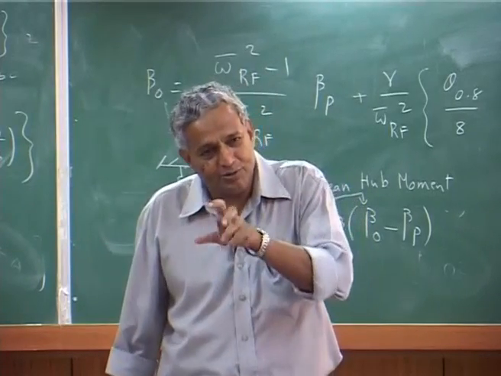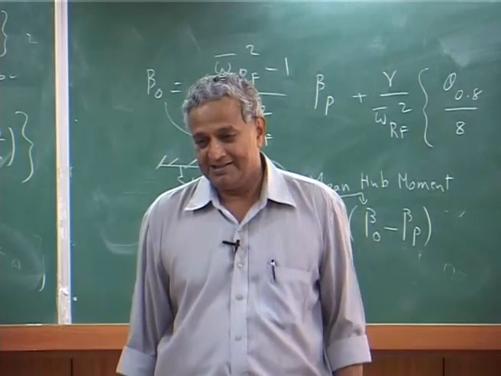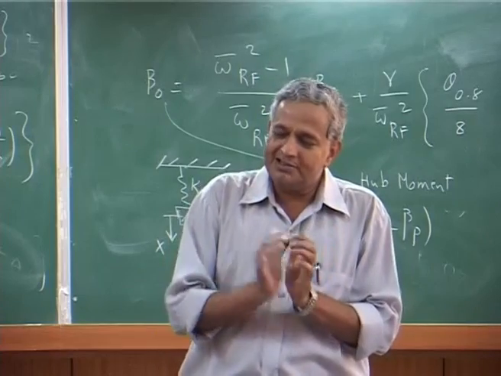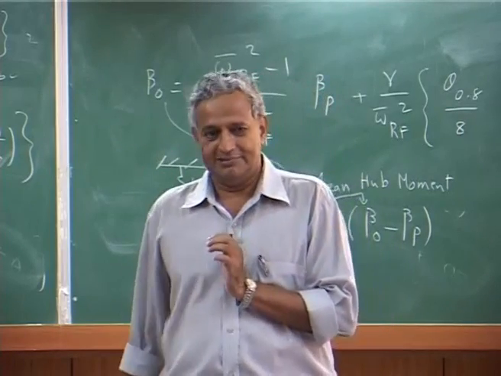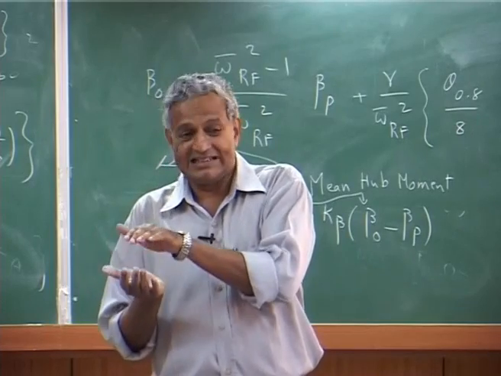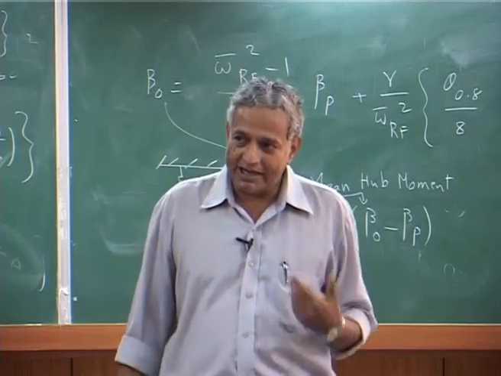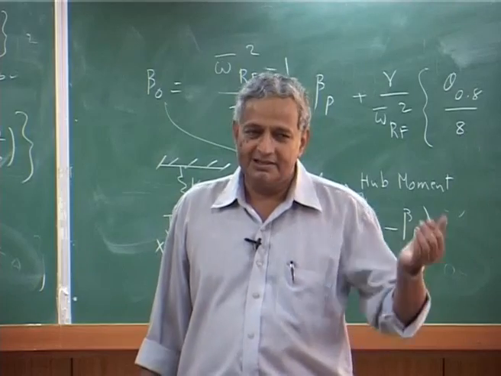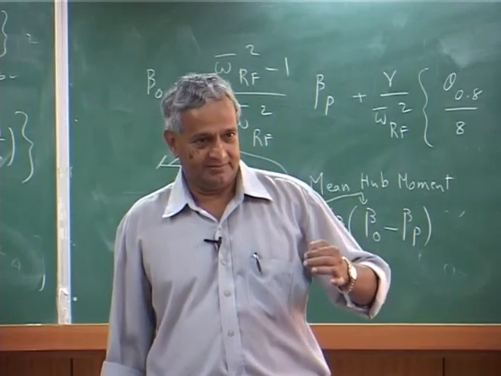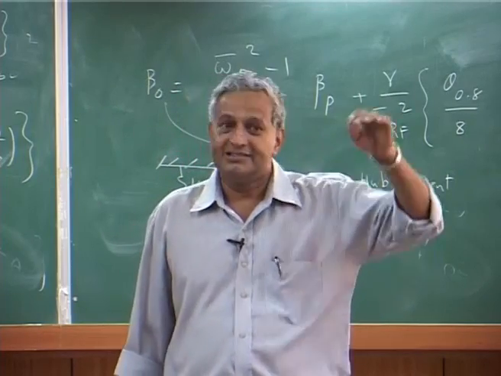So, you want to give a mean moment, slightly bring it down, rather than otherwise my blade has to be designed a little thicker at the root. So, the whole idea of putting a precone is reducing the mean flap moment acting at the hub slightly